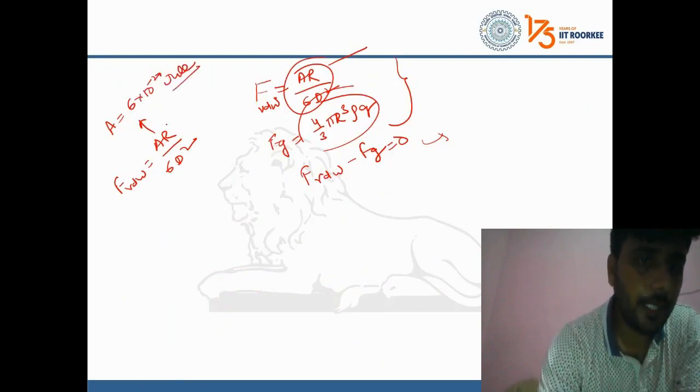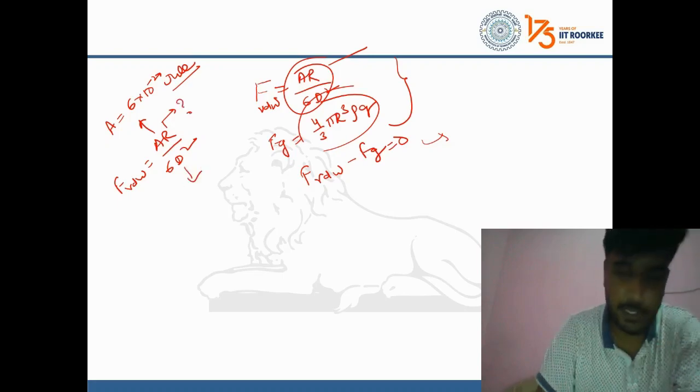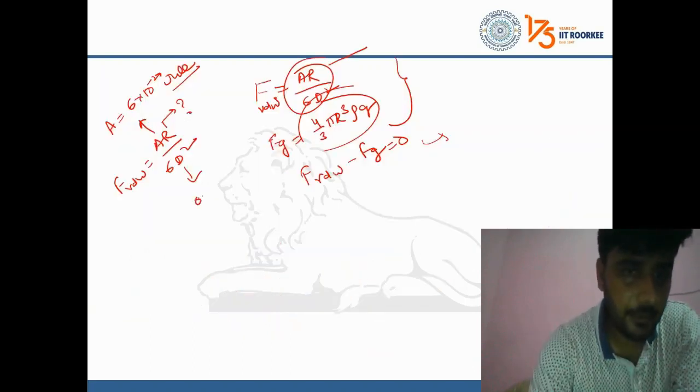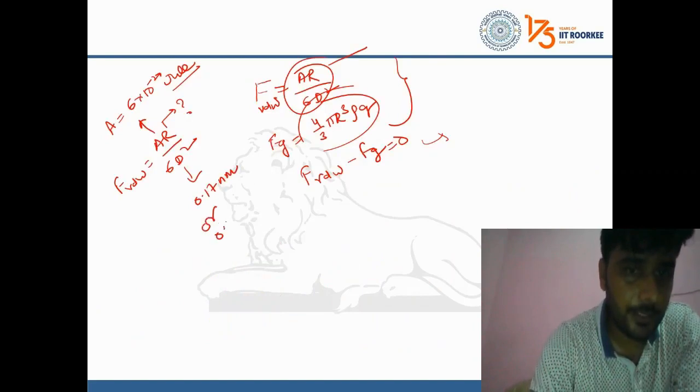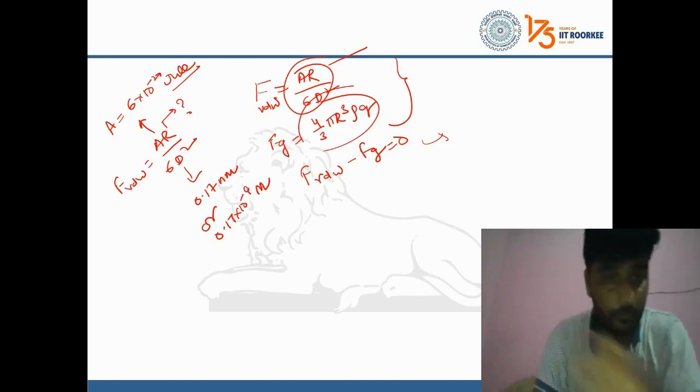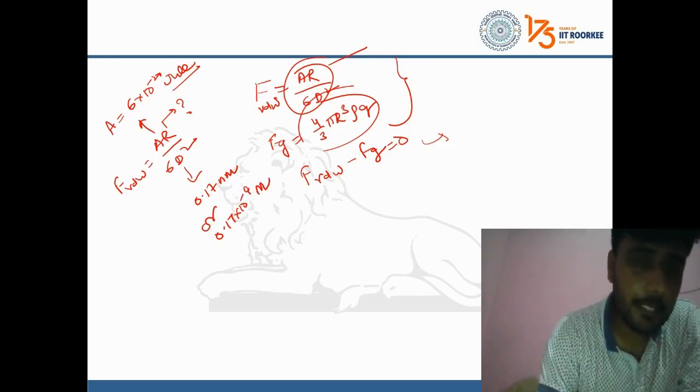The radius you have to determine, and the separation distance is given here, 0.7 nanometer, or 0.7 times 10 raised to minus 9 meter. So the van der Waals interaction force,